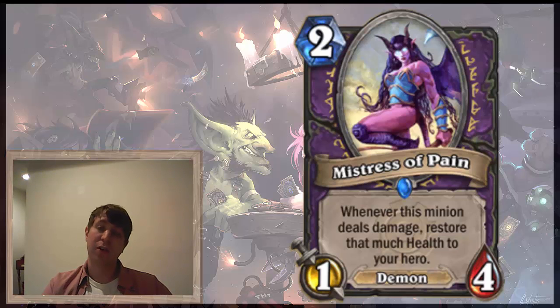And as we know, as far as Warlocks are going, life equals card advantage, so that is quite useful. I think this card is going to be good, although it needs a constructed deck to do it. I don't think it's going to be very great in the arena, but if Demon Lock becomes a thing, then you will see Mistresses of Pain, either in the early game as a simple 1/4, which isn't fantastic,